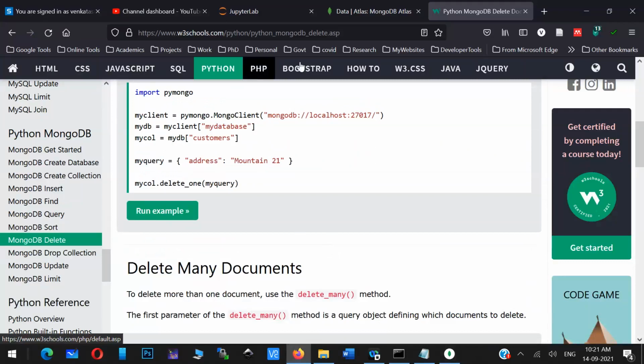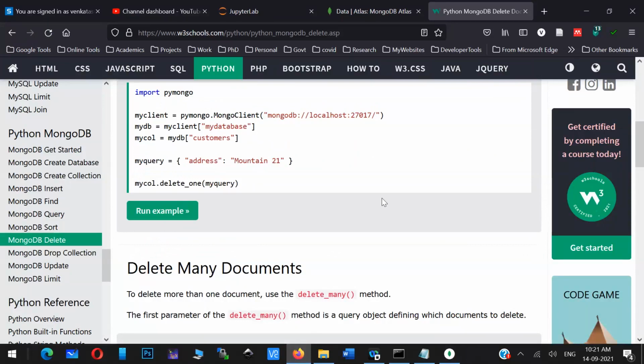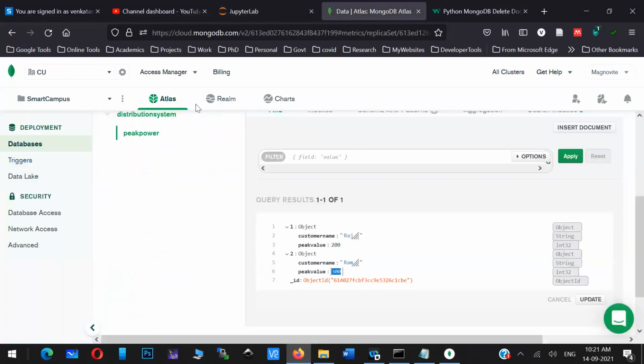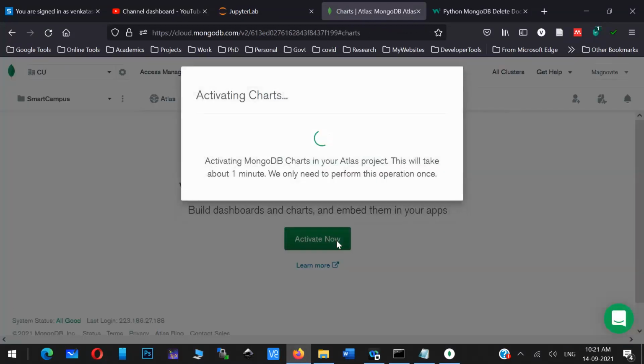And so the next part is a bit important. Okay, so this is basically the basic thing what you can do with MongoDB. But when you visit this particular MongoDB, and I already told you, we can create dynamic charts. Okay, so you can import this particular chart into your website, or any other application. So now I'm just activating this particular chart. Let's see what happens. So I'm just activating the chart.